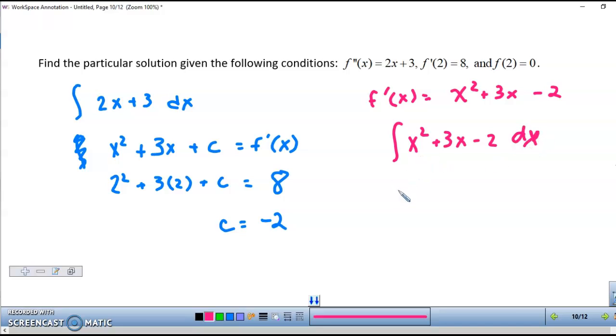And when we take the integral of that, this becomes 1/3 x cubed plus 3/2 x squared minus 2x plus c. We know my initial condition is that when x is 2,